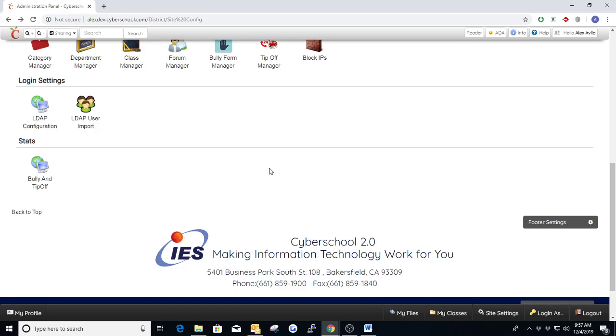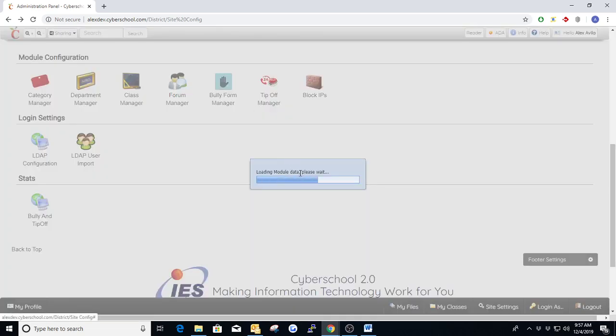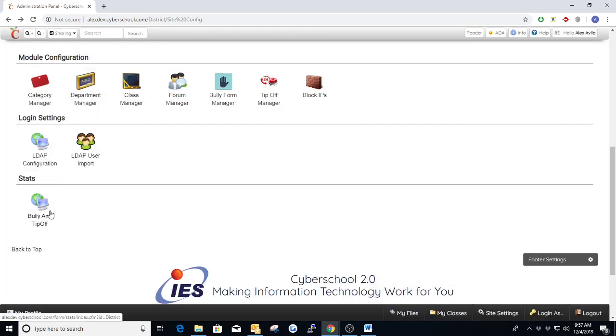Okay, so you might have been searching through the site config and you notice this stats section here with bully and tip-off. So this is generally every time the bully and the tip-off forms have been filled out, they're going to be stored in this stats for you to view. So naturally, everybody in these email fields will be notified,